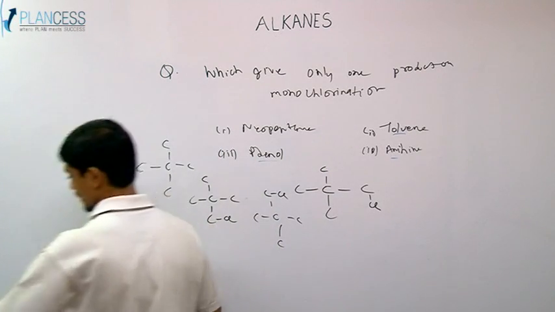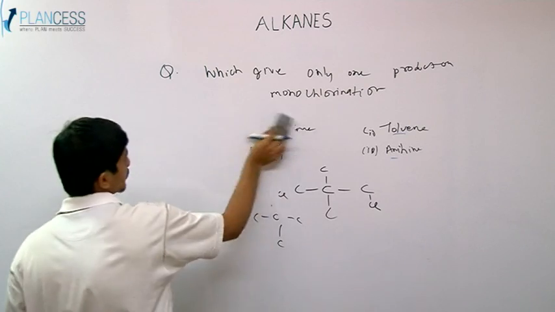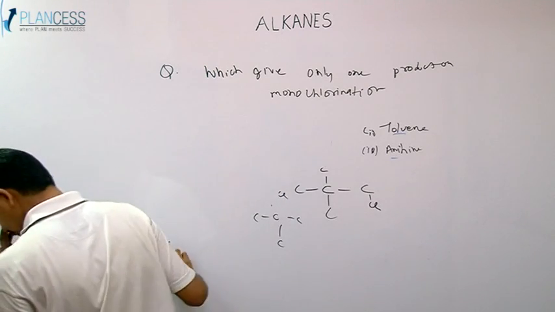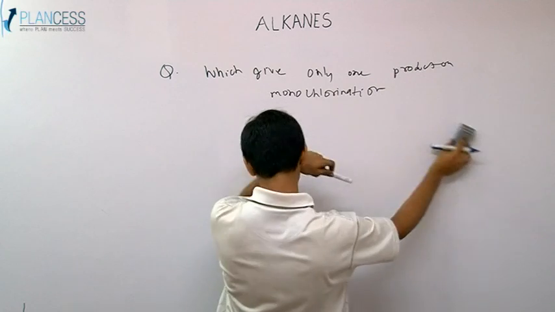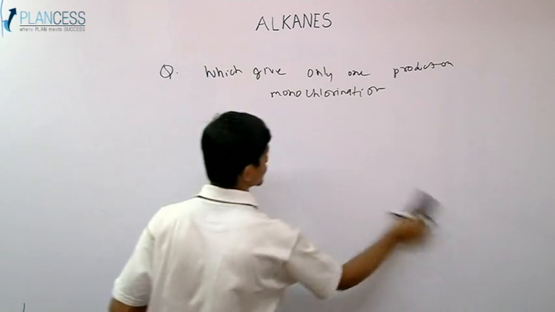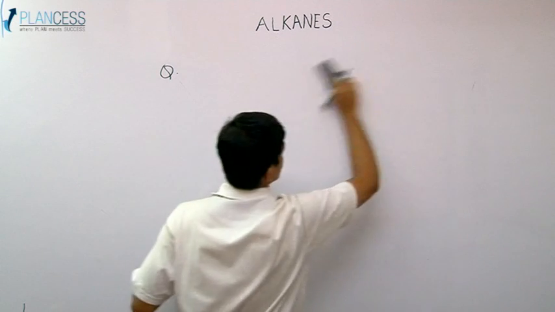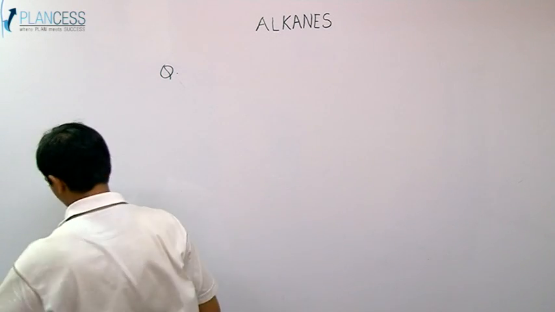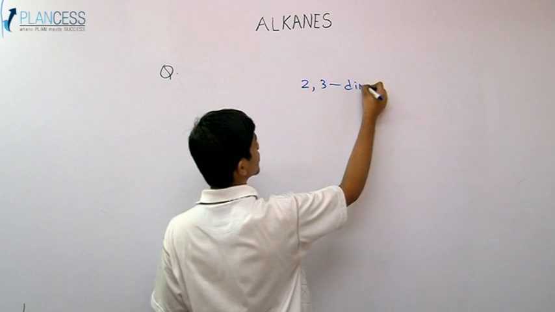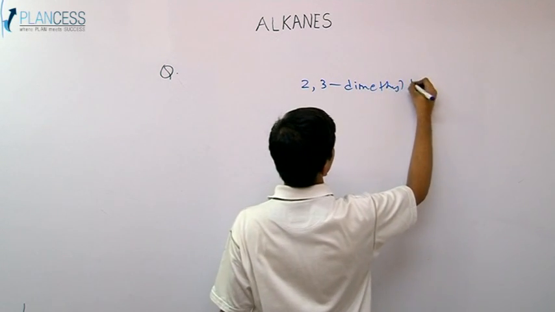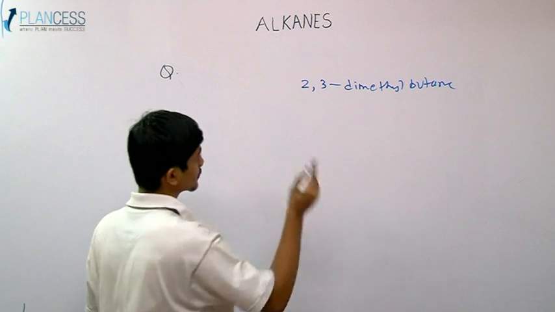The next question says, which of the following is or are the correct Newman projections of 2,3 dimethyl butane? So that means this is a multiple correct question, because it says which of the following is or are. So let us first write what is 2,3 dimethyl butane. Now the structure of that would be